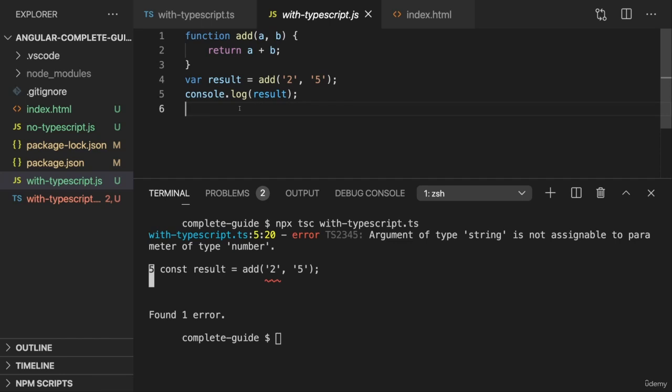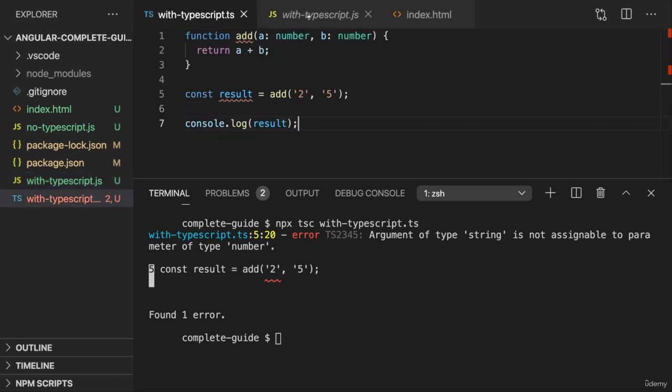That is something which can be overwritten with the TypeScript config file, but we don't have such a config file yet, and therefore we have this code change as well. But of course you see that other than that, it's the same code as we wrote in the TypeScript file. Now, of course, we should get rid of that error though, otherwise using TypeScript doesn't make any sense, and hence